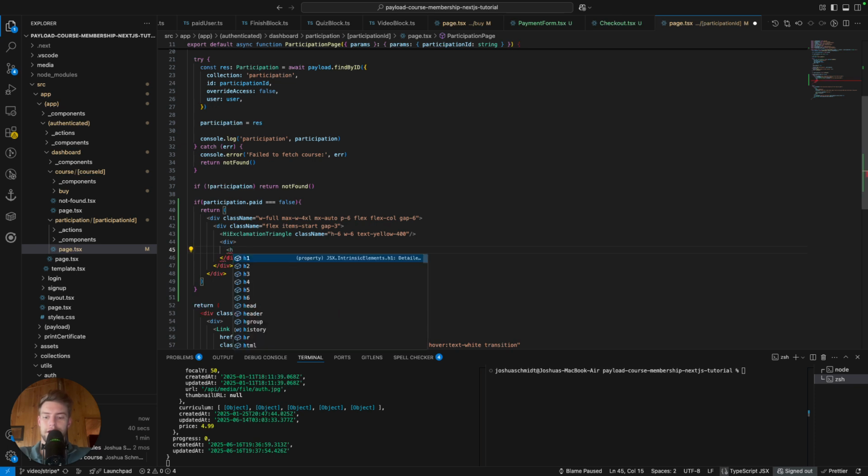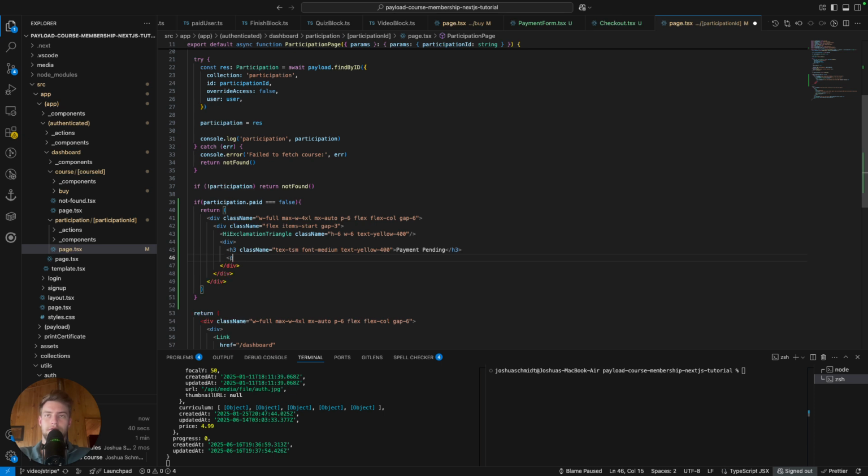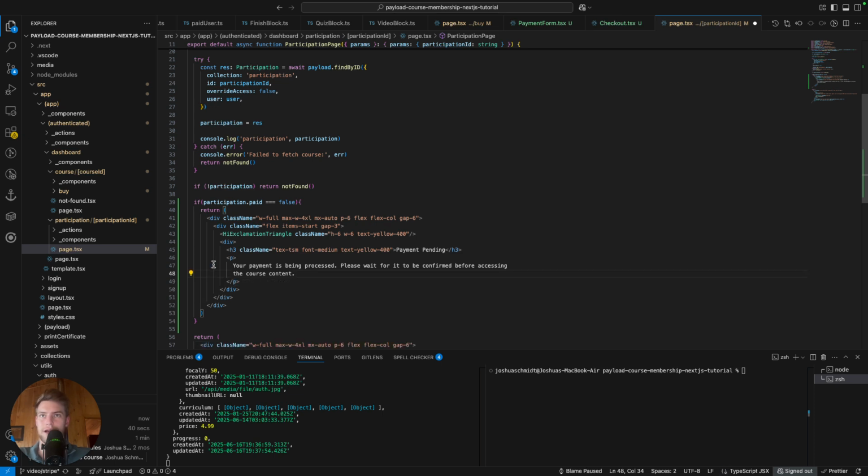This div has an h3 heading with the text payment pending, and class name text sm font medium, text yellow 400, and beneath we have a p tag. I'm simply gonna copy paste this content now. You can write whatever you want, or you can type this out. Your payment is being processed, and